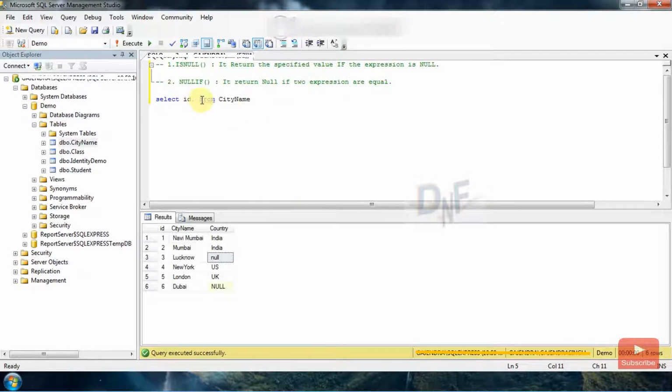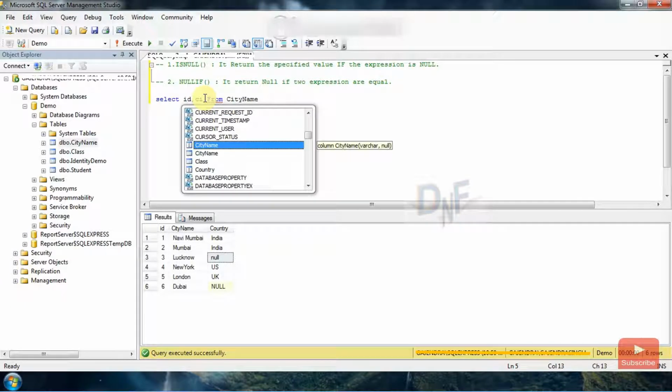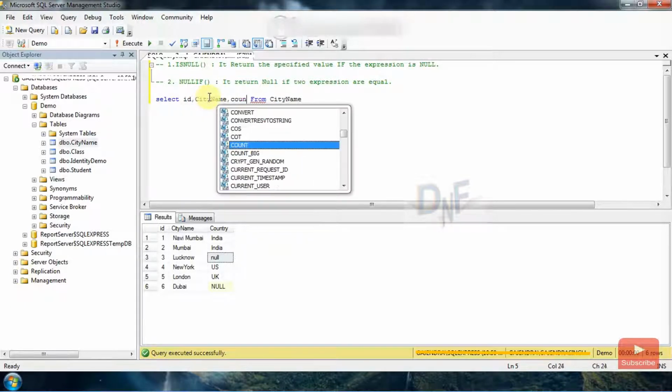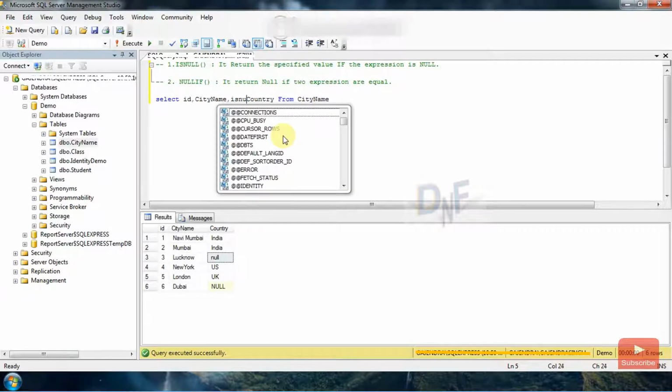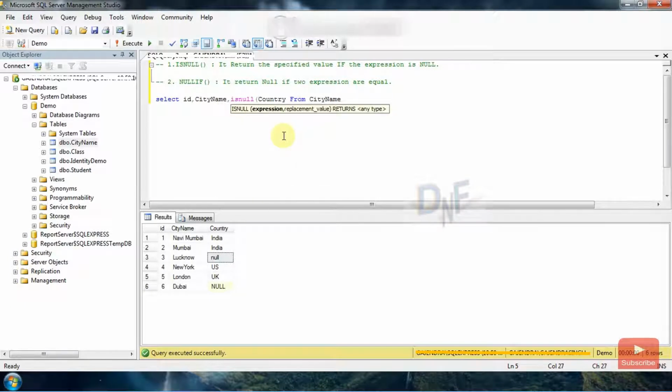So in the same query, I select the column names id, city name, and country, and I want to apply ISNULL functionality on the country column.